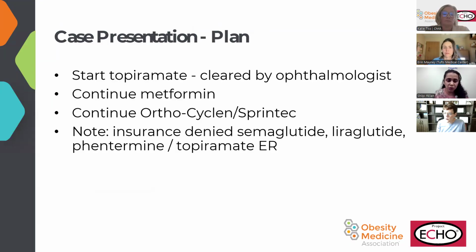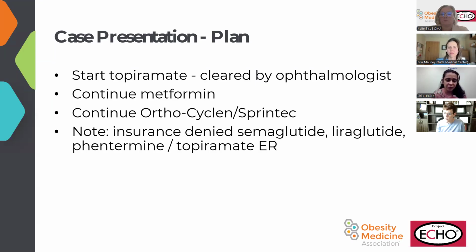Because of multiple comorbidities, the family eventually bought into the idea that we can start anti-obesity medications. Initially, we tried semaglutide, and it was denied. Iowa Medicaid does not cover any anti-obesity medication. I'm sure you guys are not surprised. So we tried liraglutide, and that was denied as well. This is something I would just like to know, because I know generic liraglutide is available, but I haven't had any family members who've been able to afford it. So I don't know what other people's experiences are in their states.